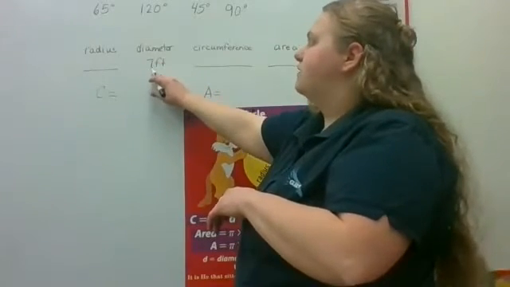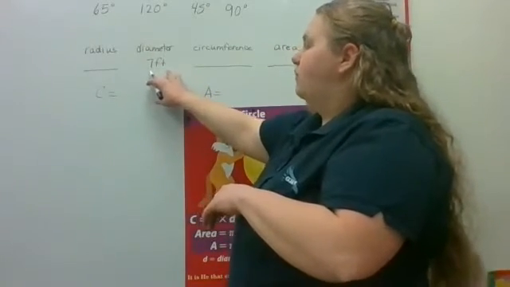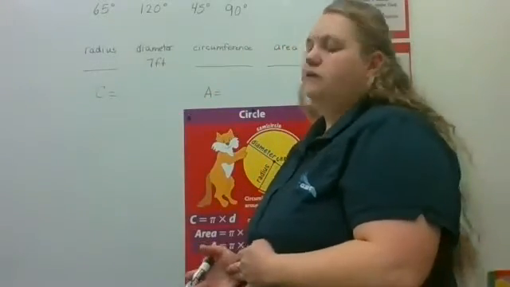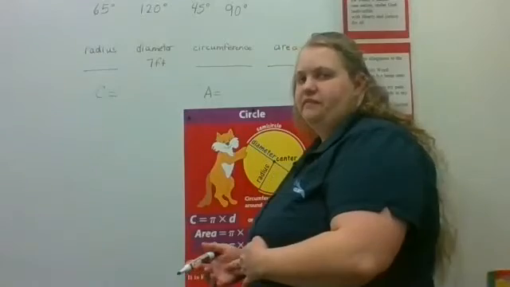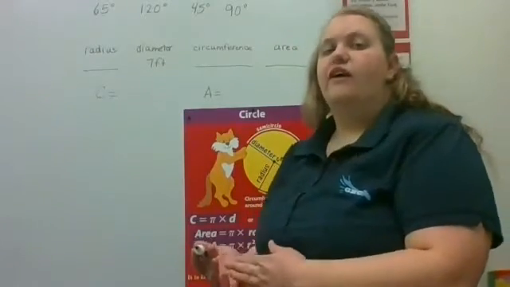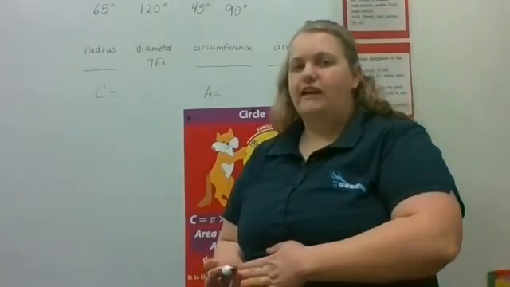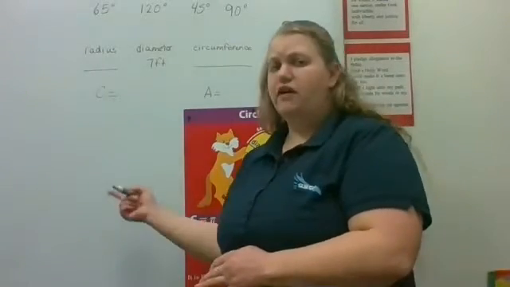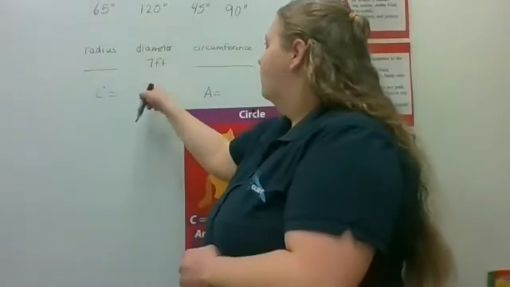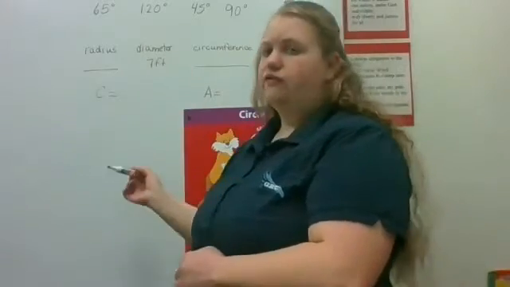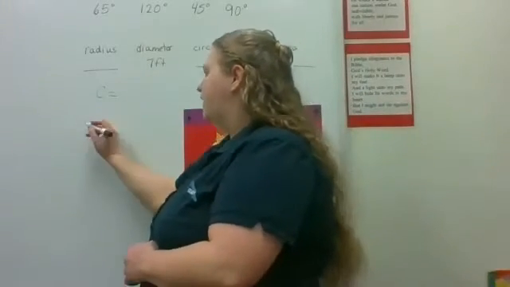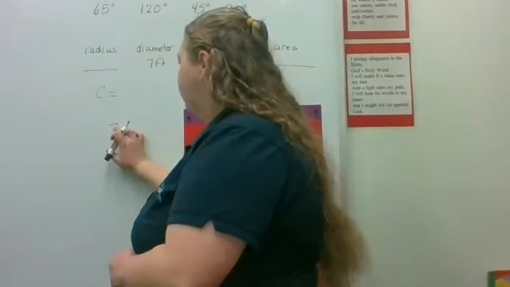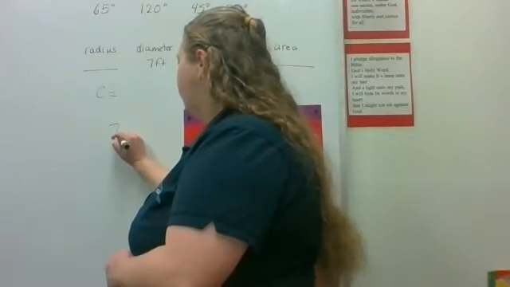Okay, if the diameter is 7 feet, how much is the radius? And what are we going to do to find that out? Okay, we're going to divide 7 in half. Now I know you all are thinking, but 7's not an even number. We're not going to get an even answer. You're correct. 7 is not an even number. And so it's not going to be completely even, but if you do 7 divided by 2,